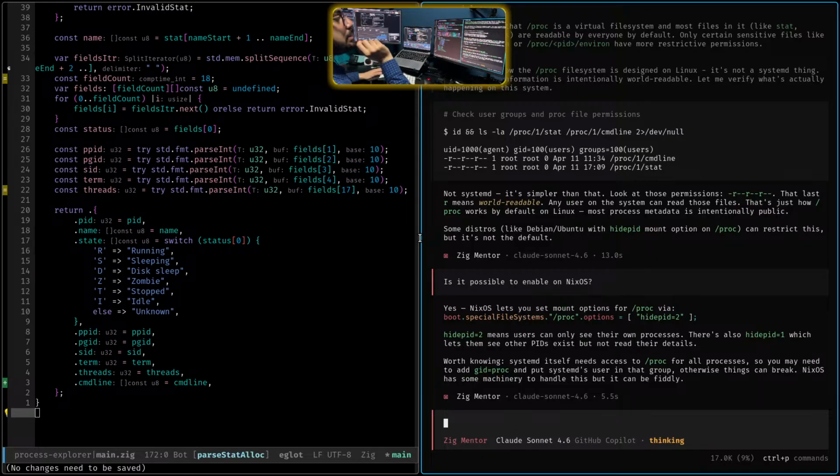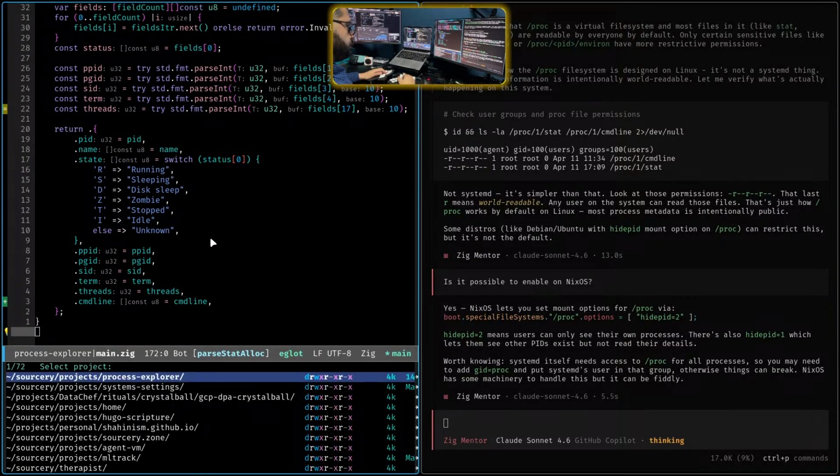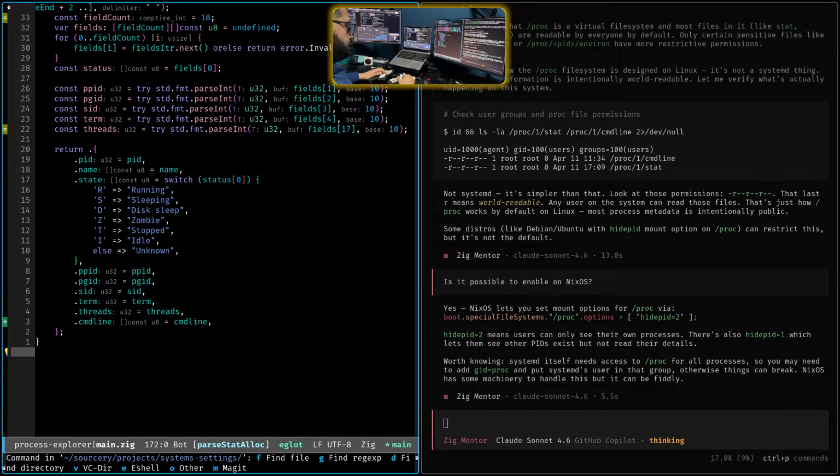Oh, then this is something you enable, it means users can only see their own processes. Okay, so if I basically need to, let's see,